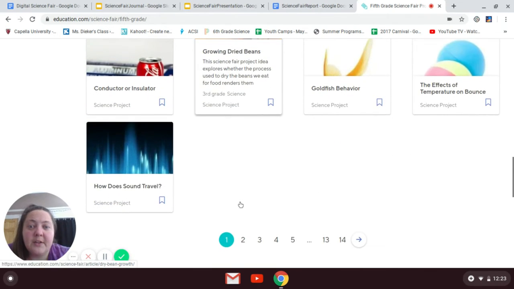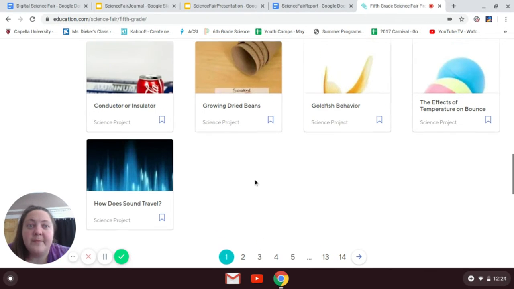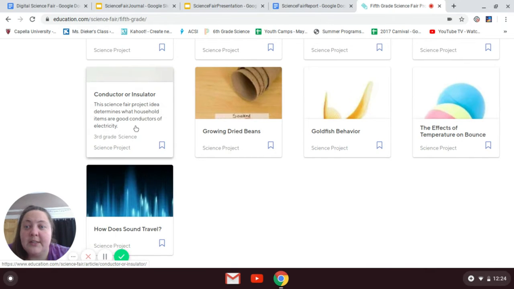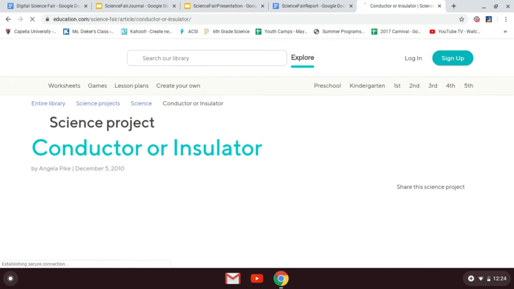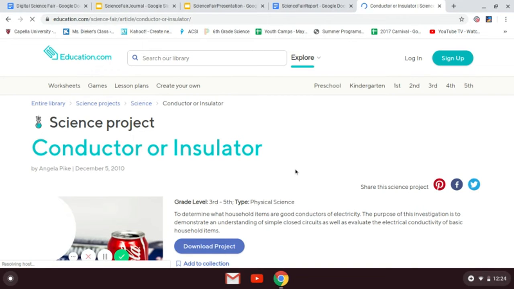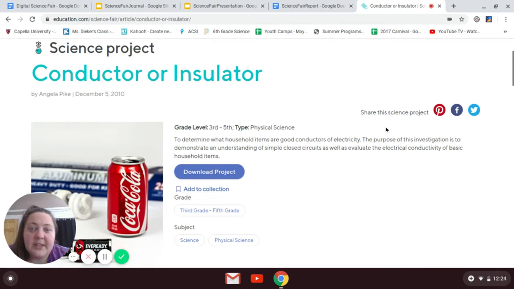All right. So there's lots of ideas. Look at how many pages there are. Tons of pages. All right. So you would go through, let's say I wanted to do this conductor and insulator project. I would click on it and it'll bring up, just letting it load. Loading. All right, it'll bring up the whole project, which is pretty cool because it talks about you can download the project if you want,